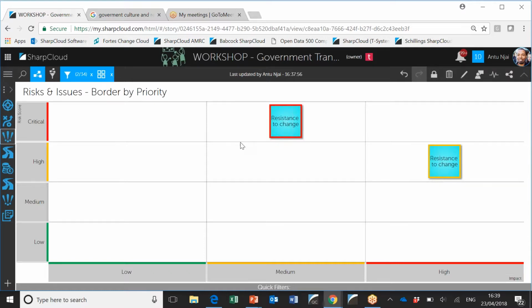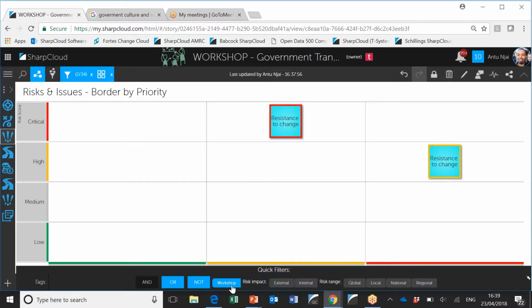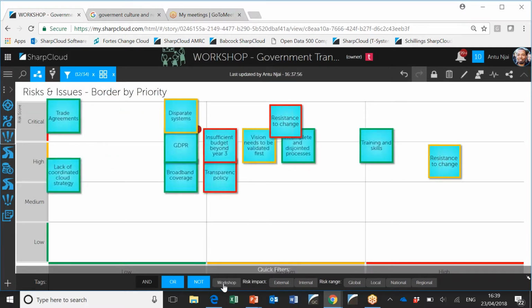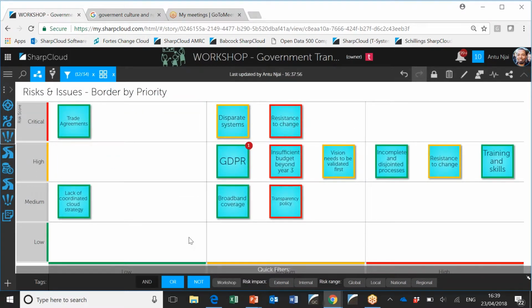So let's imagine that the workshop carries on. I've filtered this view, so I'll just expose some other information. We might then have people contributing all sorts of ideas from their devices, and we may be discussing some of that in the room. Straight away, we recognize from what I showed a moment ago that we've got a couple of items that are actually the same. So this would be where you'd start to talk about them.